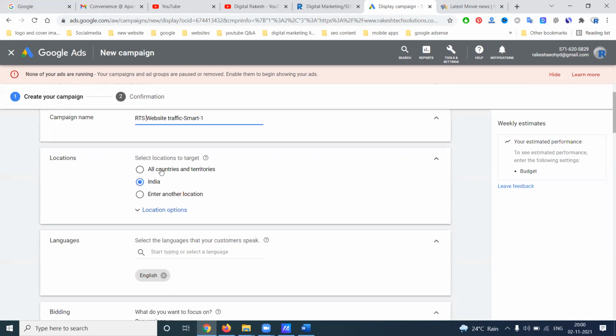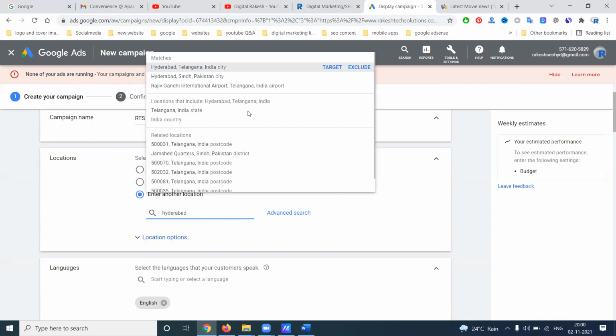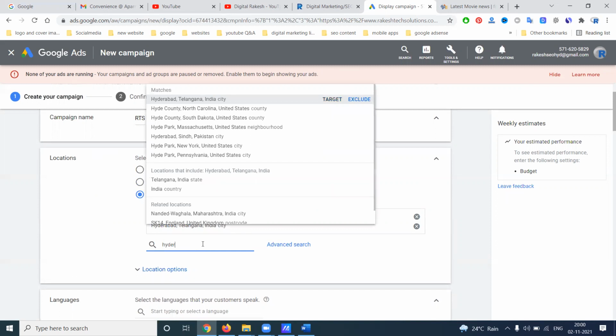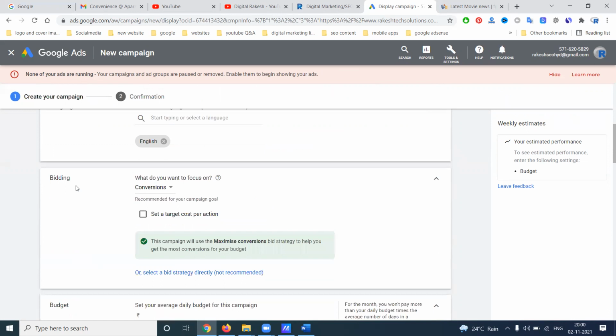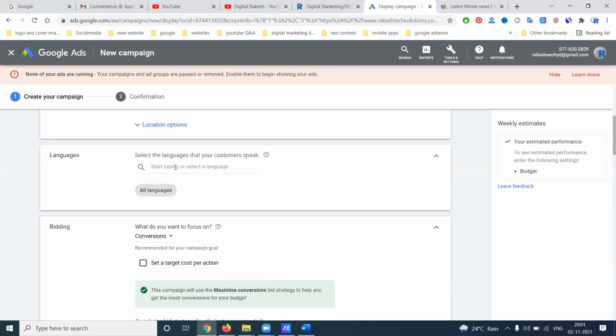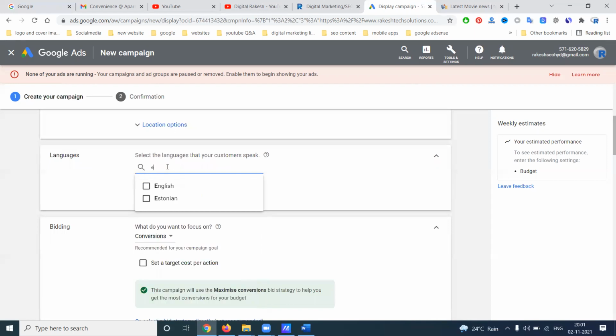Enter countries, states, cities, the first option. If it's specific, only Hyderabad, India, any specific place, you can use the 2nd option. Right now, my target is totally Hyderabad. When I'm selecting Hyderabad, we have 2 options, Hyderabad in Telangana and Hyderabad in Pakistan. So we can select by the area. Next is the target language. We can specify all languages or only one language. I'm adding English, so only the English language.